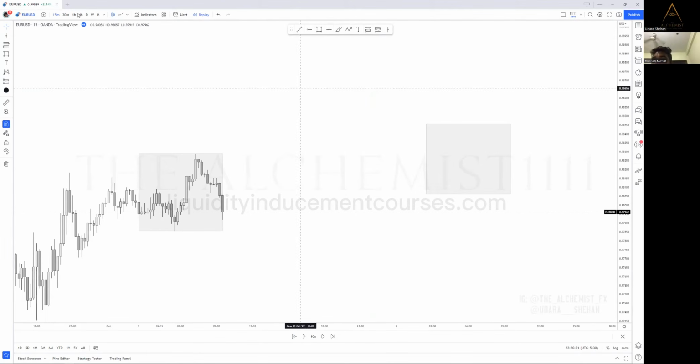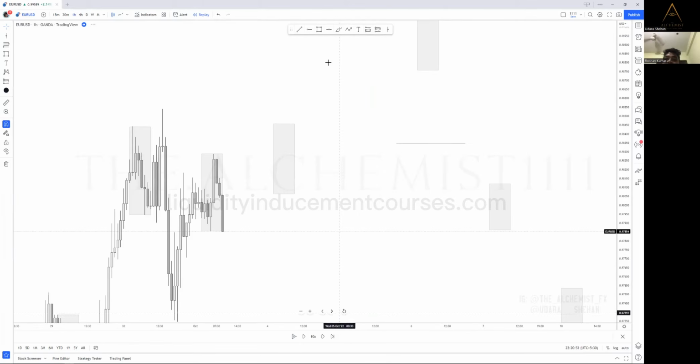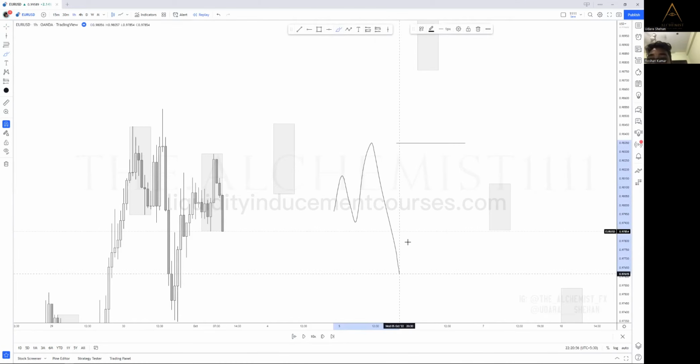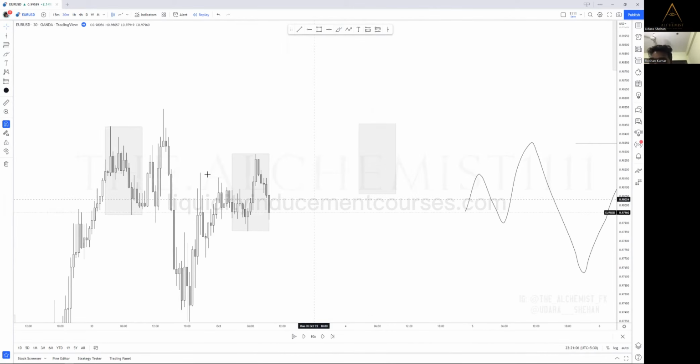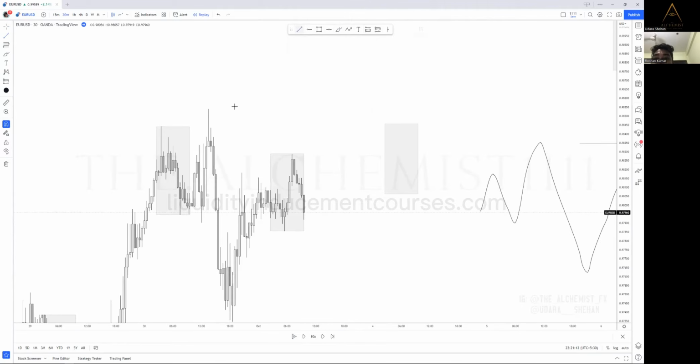Now we have the classic setup once again. What's the classic setup? This. Boom. I told you, a very consistent setup. Let me show you. Has Asia created a strong high? No, see that? Not a strong high. And also above Asia, we have what? A strong high. Stop hunt,